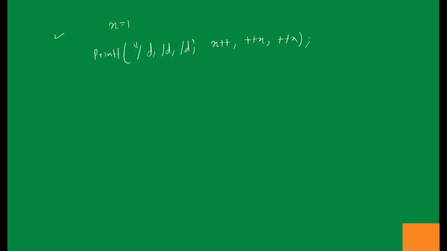So how will the evaluation take place? It will go from this side to this side, from right to left. So it will take x plus plus, then plus plus x, and then plus plus x. So initially it is incremented. So value of x equals 1, it is incremented, it becomes 2. Whenever we are going to increment, we will write it above the x. So this is 2, but we have not assigned the value. So we will make a box here. After this we are going to again increment it, it becomes 3, but we have not assigned it, and here we have assigned it.